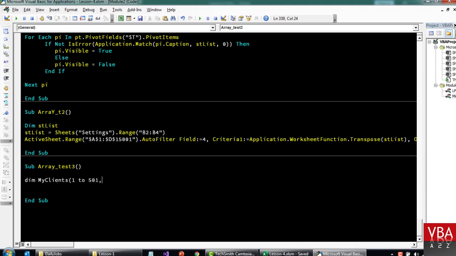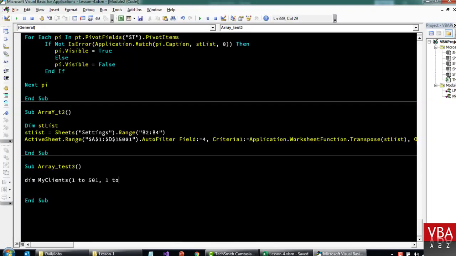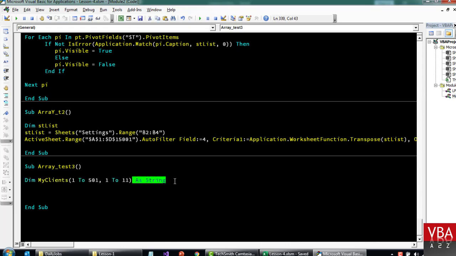And the next dimension, let's say you want it to be 1 to 11. Then here you can specify the data type. Again, if you don't specify, it's Variant. And if you just specify a number like this, it means there are 502, because it's starting